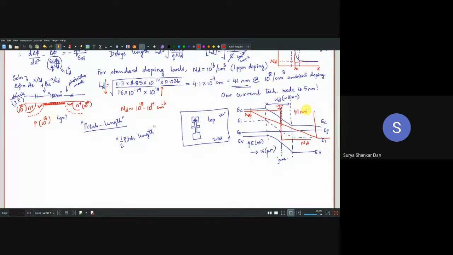So it is simply impossible for you to even imagine the situation if you are applying the same kind of doping which you use for microelectronic technology for making devices at the 7 nanometer technology node.